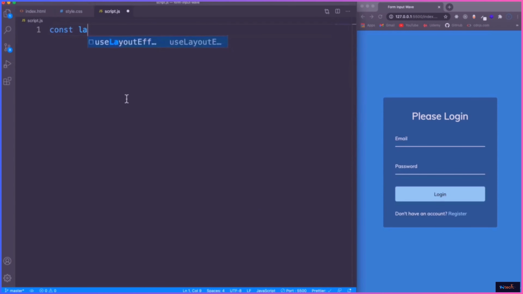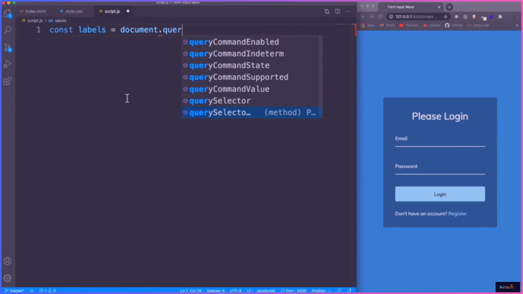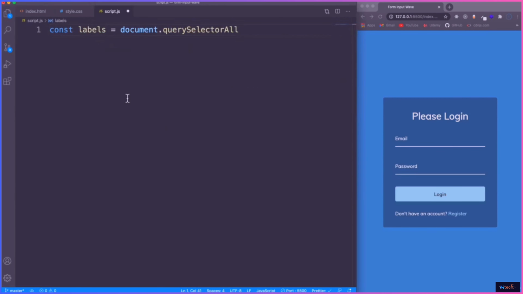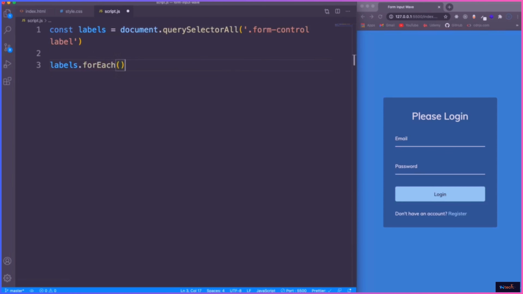And first I want to bring in our labels. So let's use document dot query select all, because it doesn't matter how many labels there are, we want to get them all. So form dash control label. And that will give us a node list of all the labels. So since it's a node list, we can go ahead and use for each on it, and we'll say for each label,